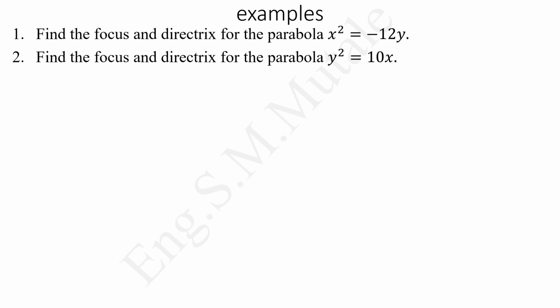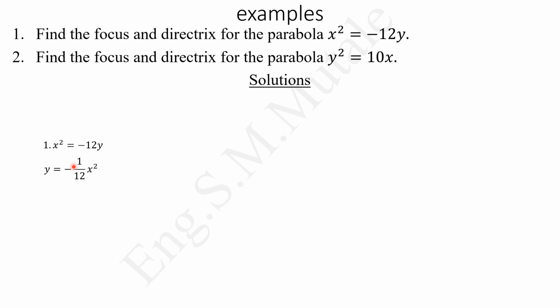Find the focus and directrix for the parabolas given. For the first one, we have x squared equals negative 12y. Here, make y the subject. Make the one which doesn't have a square the subject. It's easier. So you make y the subject, and the equation becomes y equals negative 1 over 12 x squared. From this, we know the parabola which starts as y equals something